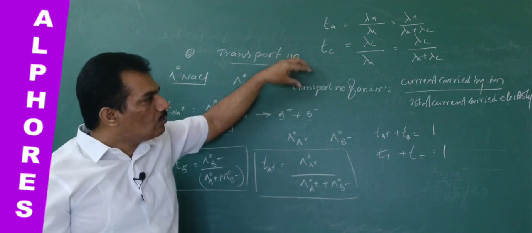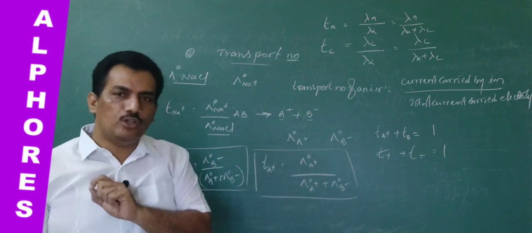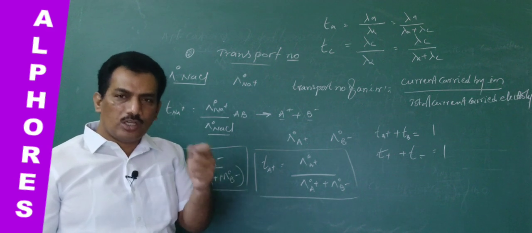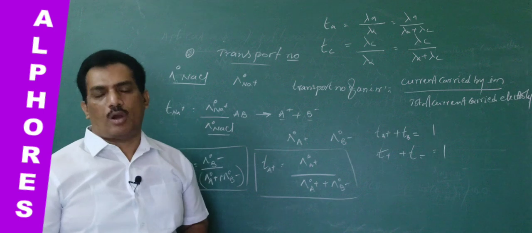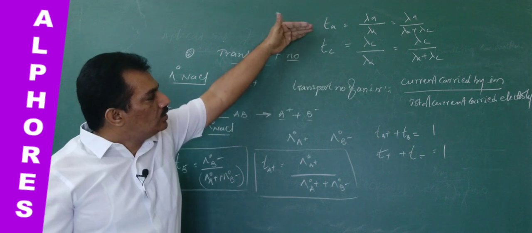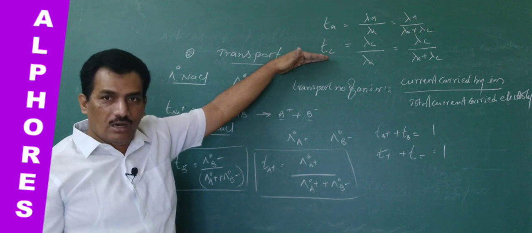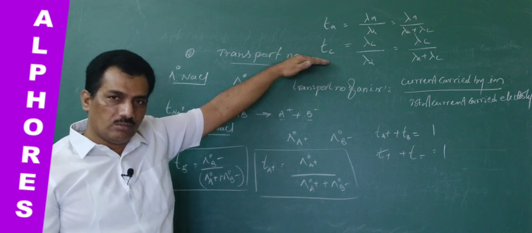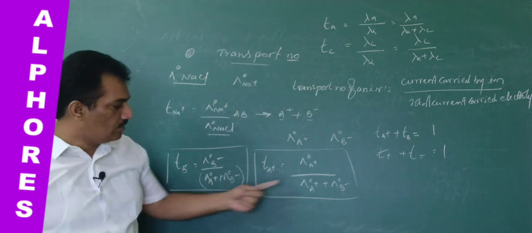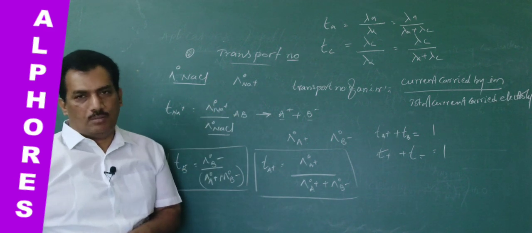When you are thorough with all the different types of representation for the same data, when you are solving numericals, in whatever representation they give the data, immaterial to that, you can immediately get the idea to compute the problem. That's why I am using all this. Just concentrate on whether it is Ta anion or T minus, where negative is anion, or Tc for cation, where C is cation, or T plus. And if any ion already exists, those ions are given with their representation. Clear? Like that we can measure the transport number.